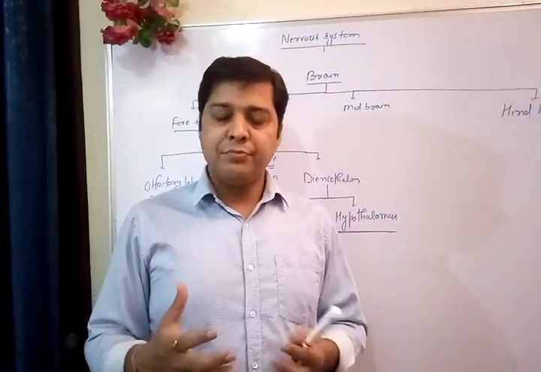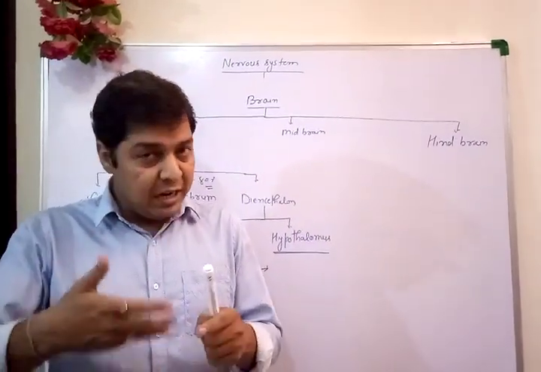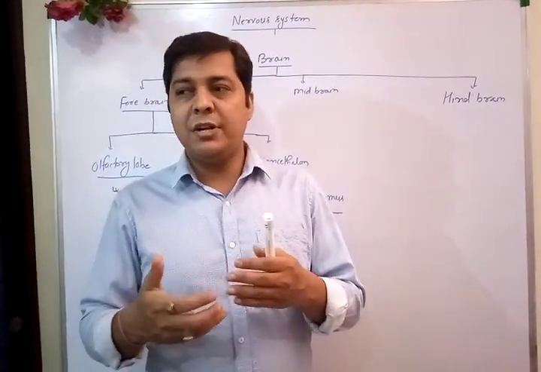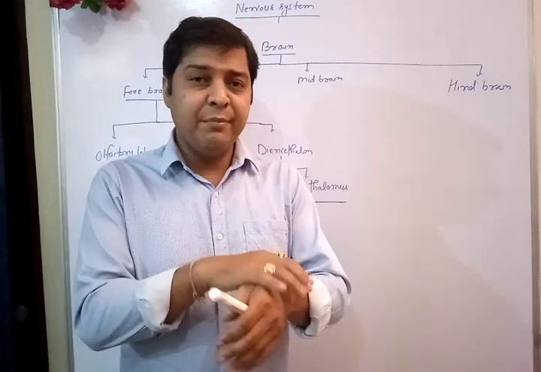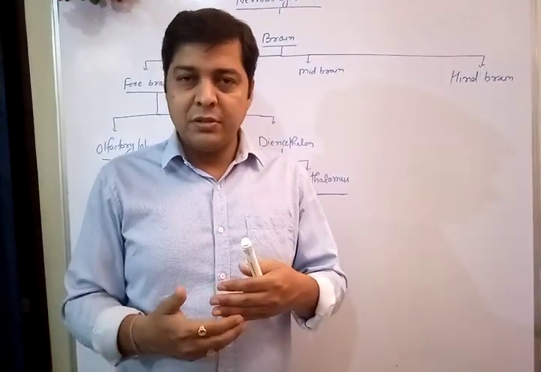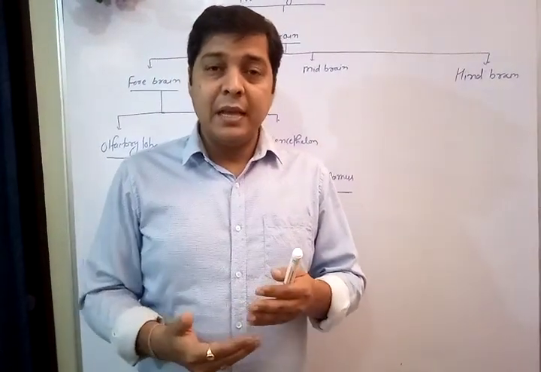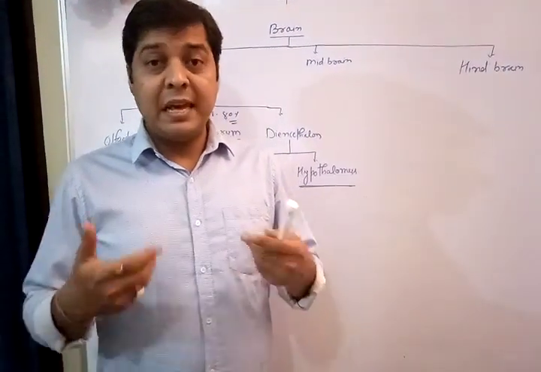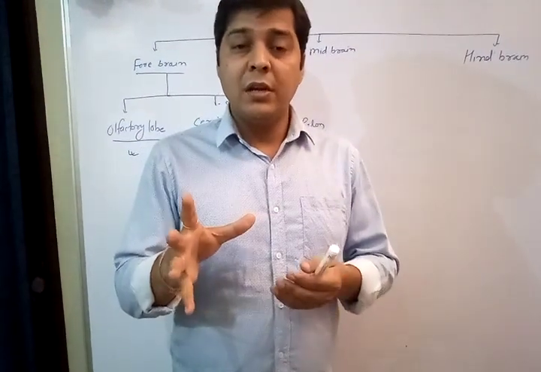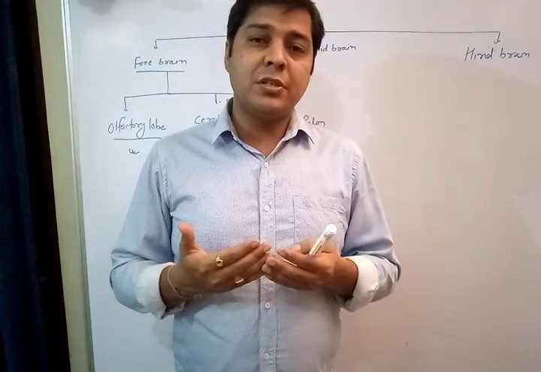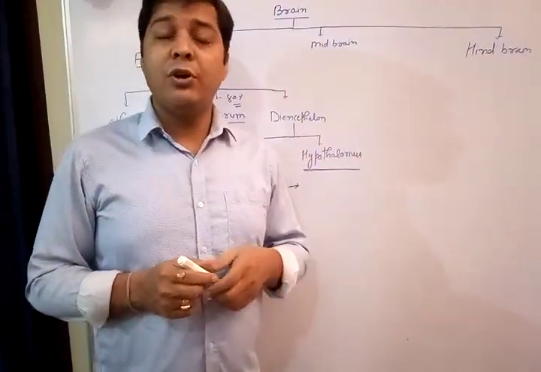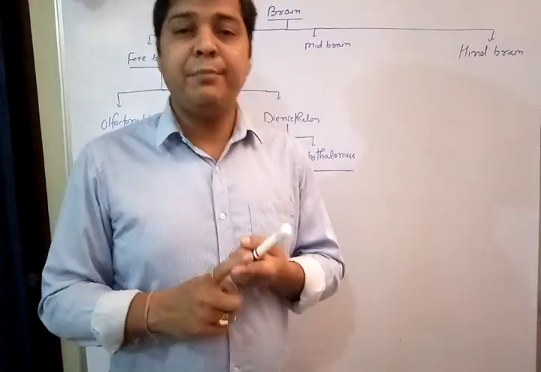So anger, hunger, then thirst, then body temperature, the body is hot or very cold, I'm talking about fever, then love, then affection, then hate, then jealousy. What? They are the different kinds of emotions. So all kinds of emotions are controlled by this diencephalon along with the body temperature.